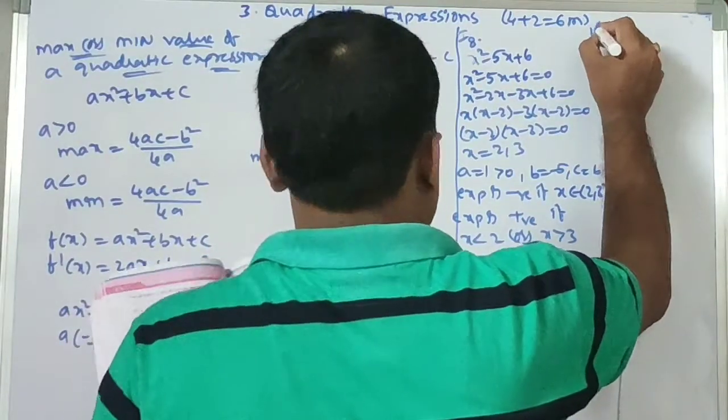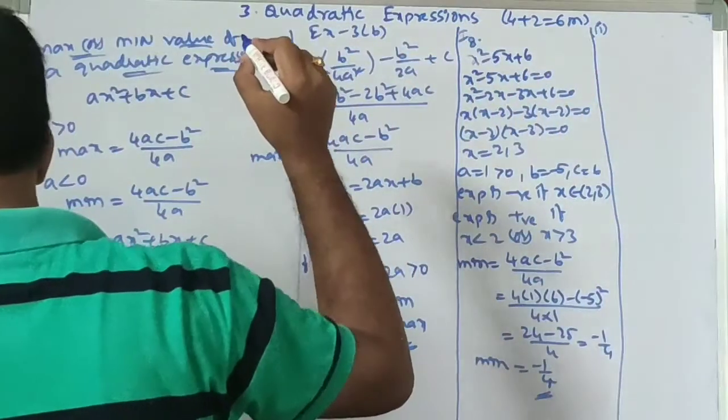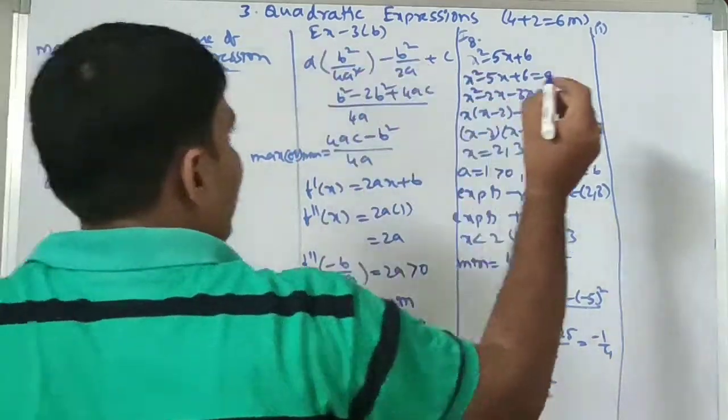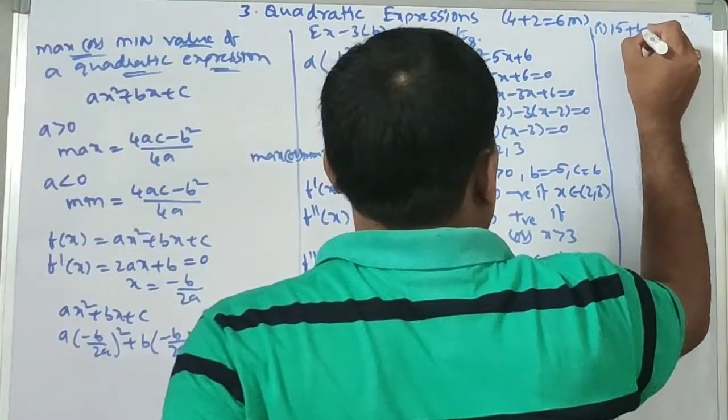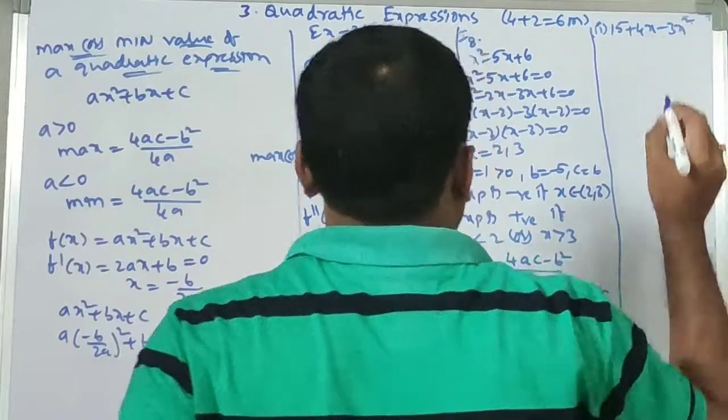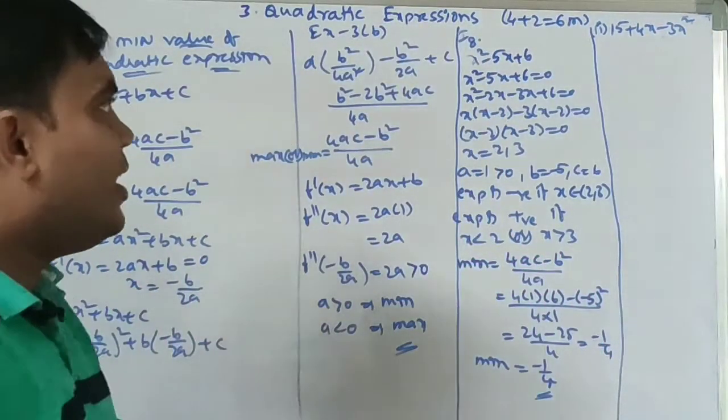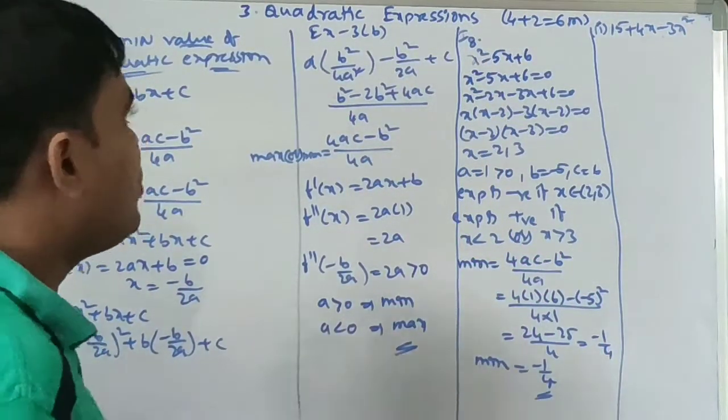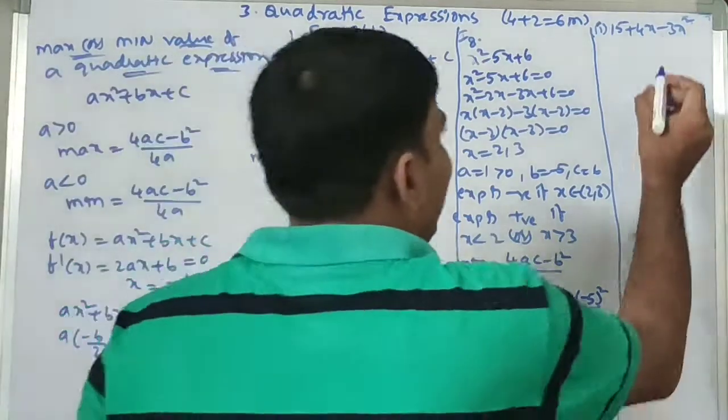Coming to the second one, 15 plus 4x minus 3x square. So I want to find the roots. So if we are finding the roots,